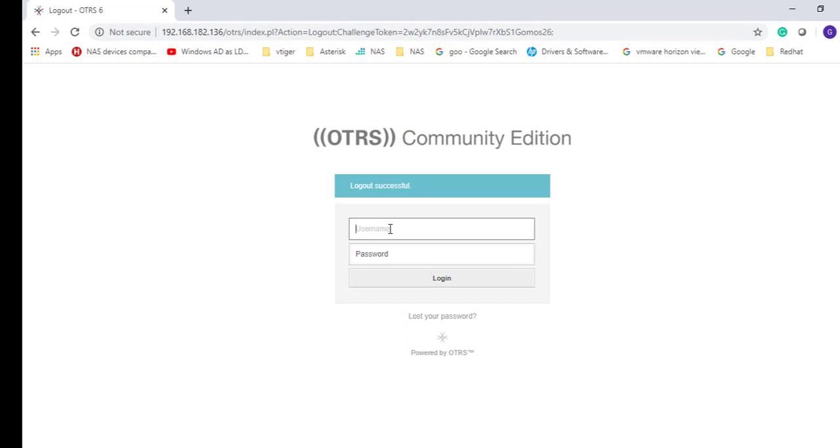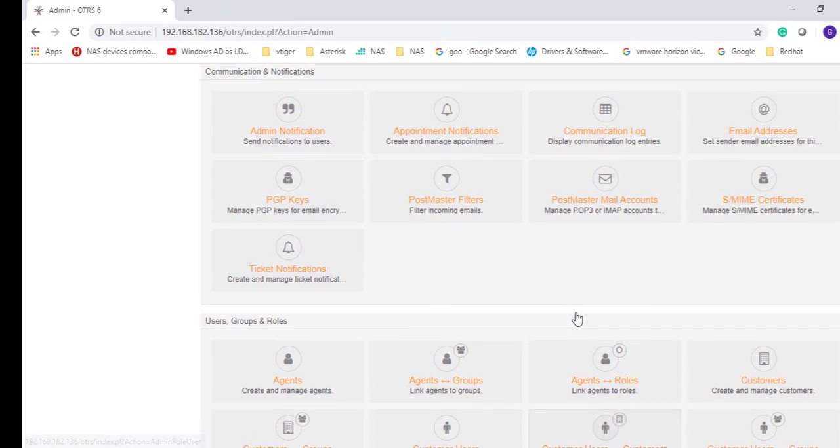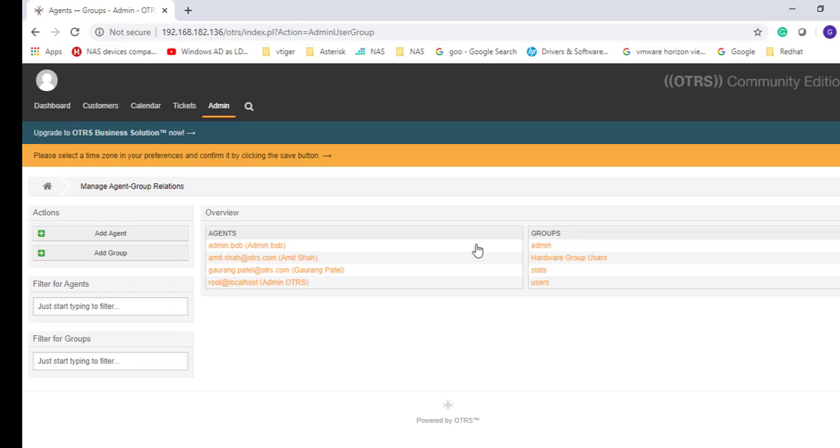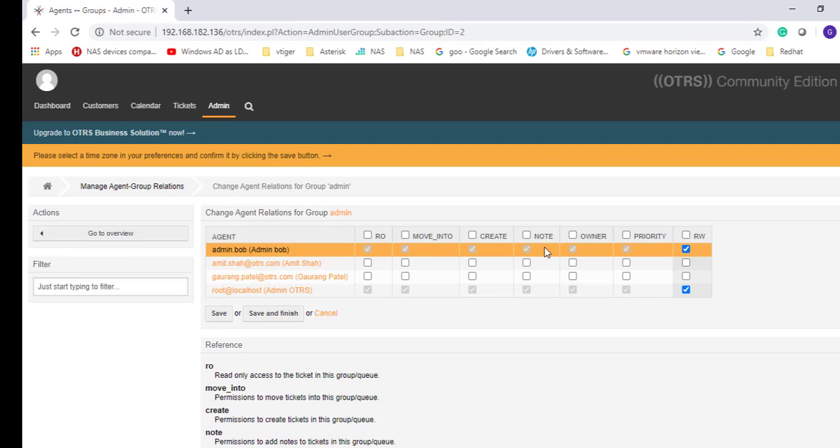Now let's log in with the agent admin.bob. Great. So as you can see here, it is synchronized with admin. And let's check the group association. Admin, yes. Our Active Directory group synchronized with the OTRS group successfully, right?